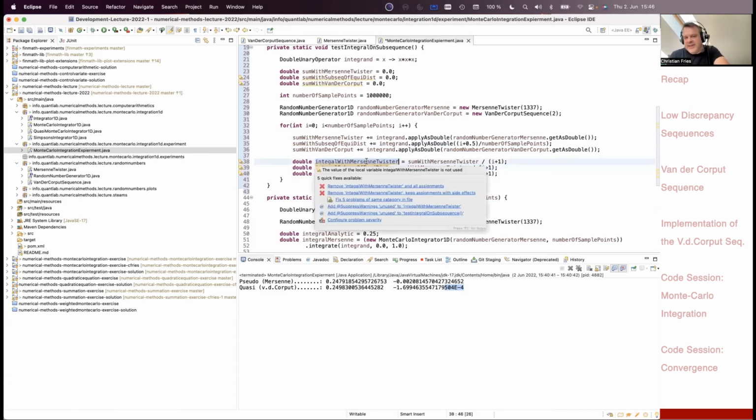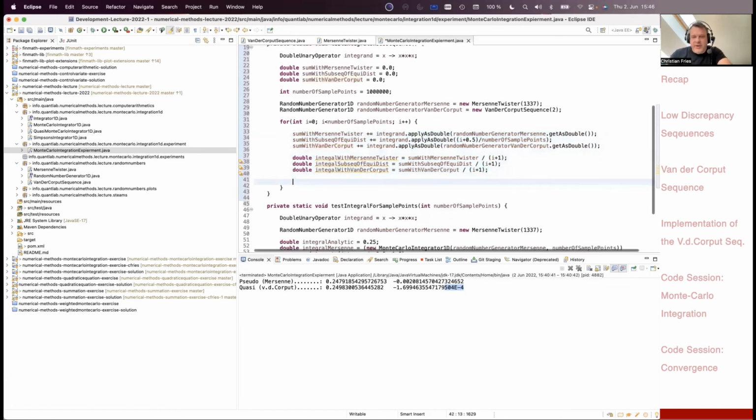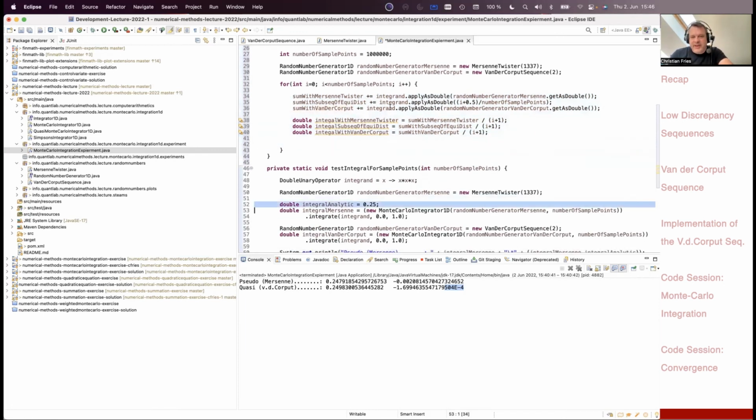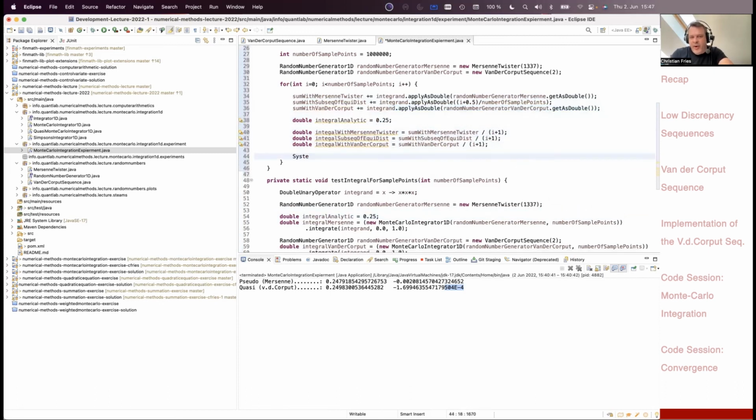Okay, so I have these three integrals that use these three sums in their approximation. So this is now the sum, j from 0 to m minus 1, divided by m. M is the part of the sequence. So this is now the approximation of the integral with a subsequence, and then the approximations. So I can also add the analytic integral here, and we can now print the error